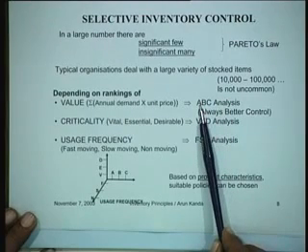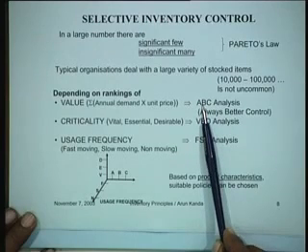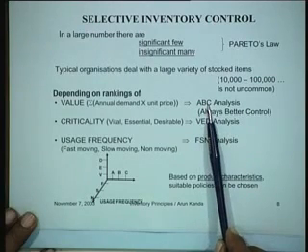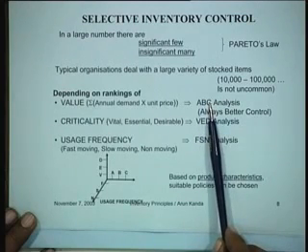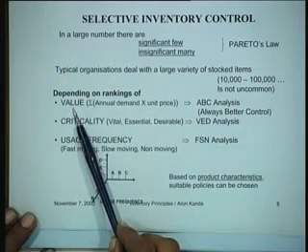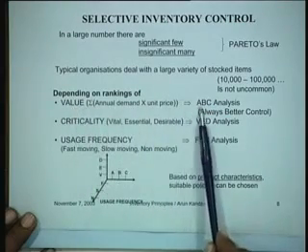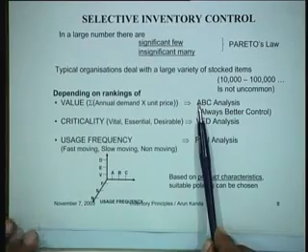A class items are the ones which are most important, B class are the ones which are less important, and C class items are the ones which are least important, and this importance is determined to a very large extent by the annual value of the item. For instance, you find that a few A class items would generally be responsible for something like 60 to 70% of the total